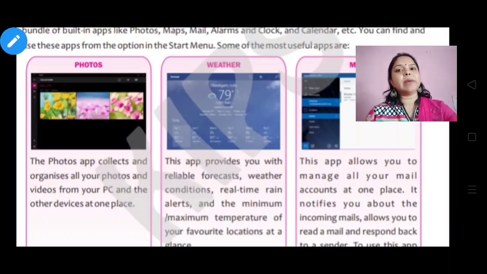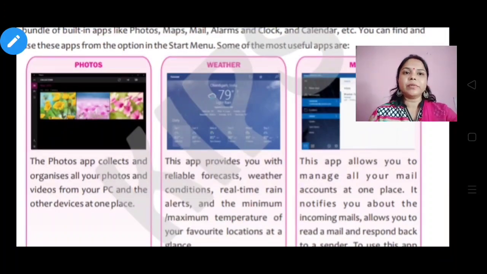Why am I giving you the example of the mobile phone every time? Because nowadays the mobile phone also works similar to the computer. All the functions we can do in the computer, we can do the same thing with mobile phones also. So if you do not have a desktop or any PC at your home, you can use it on your mobile phone, and you can understand it very well with the help of the mobile phone example.